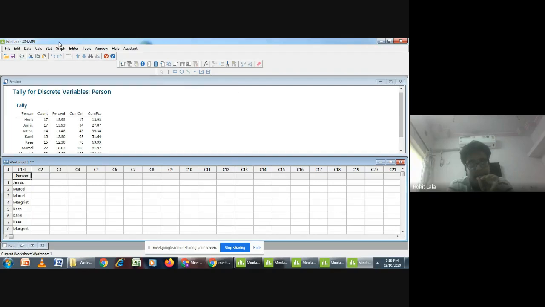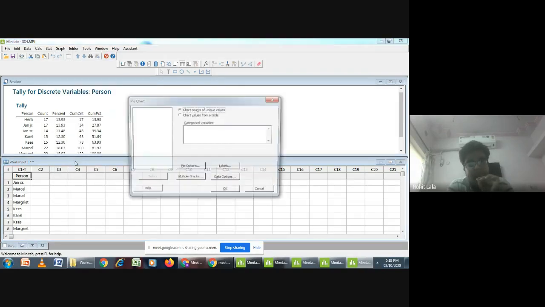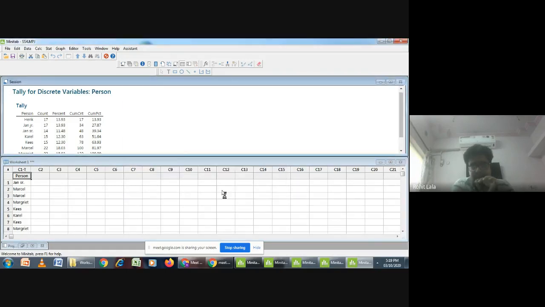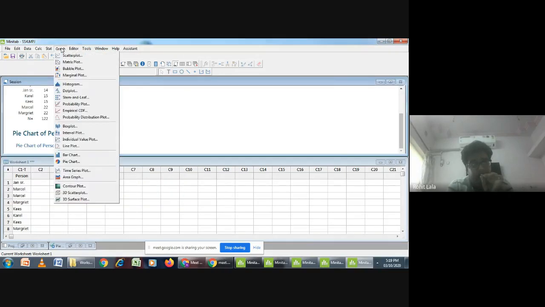Suppose I am making a pie chart of this data, you just see what would be the outcome. It is categorical data, and I am entering it and seeing it. I can understand nothing. My pie chart doesn't show me a proper interpretation of the data. For this kind of data, a bar chart is more suitable.